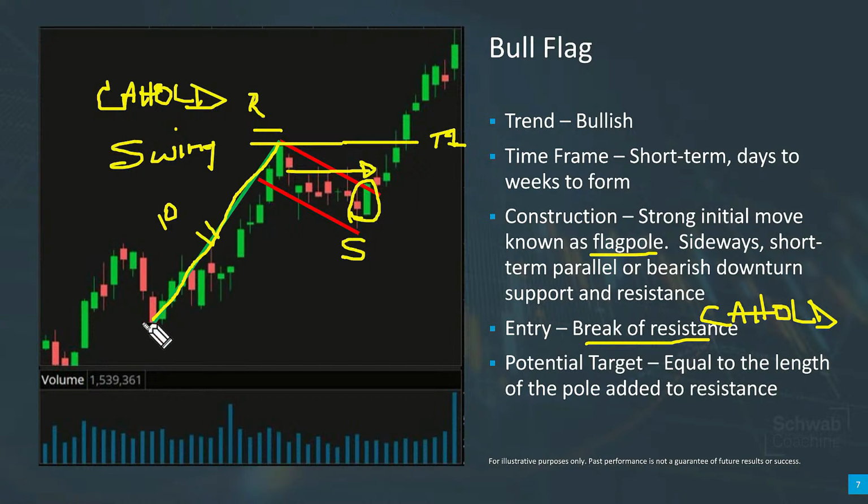So you might say, if this went from a low here up to the top was 10, then I'm going to go from this low here, even though I'm not getting in here. Make no mistake, this isn't where we're entering, but where we're measuring from. Our measurement is 10, and that would be another target. Okay, so those are two common potential targets: the swing, and then the length of the flagpole, the pole target.